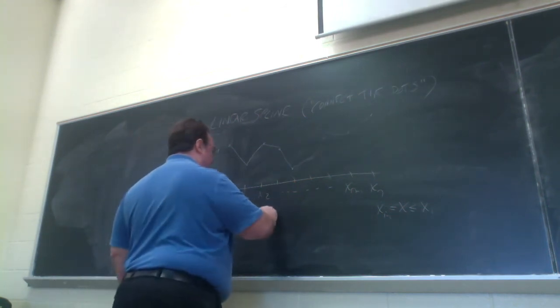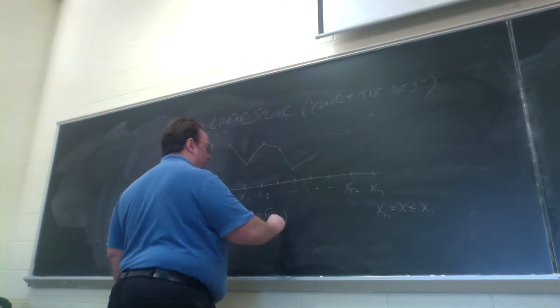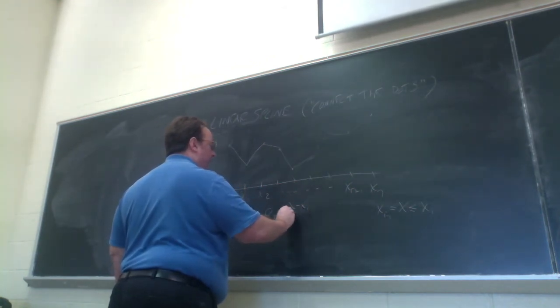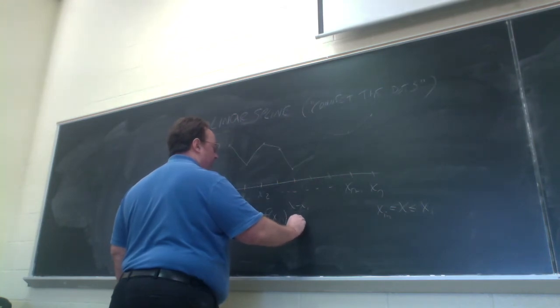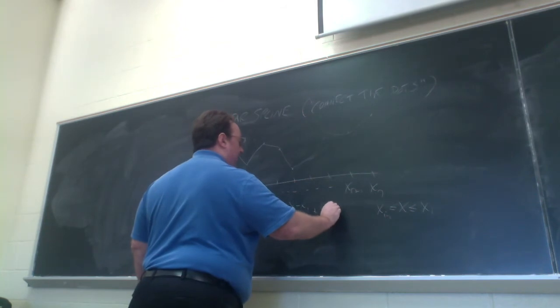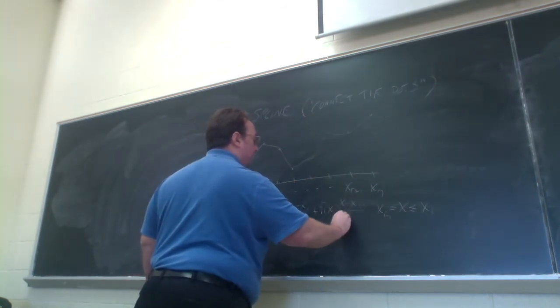So we have f of x_{i-1} times a degree 1 Lagrange polynomial, (x minus x_i) over (x_{i-1} minus x_i),